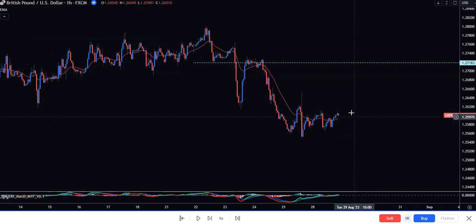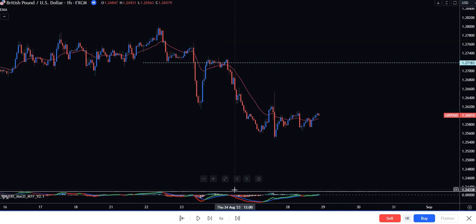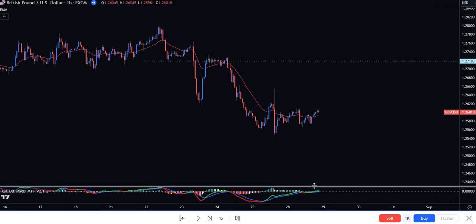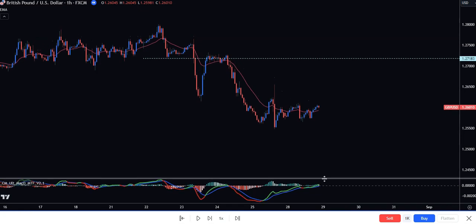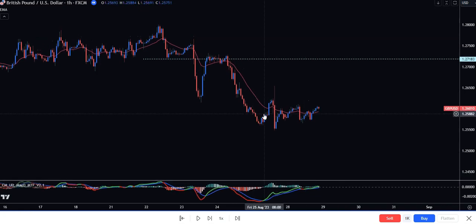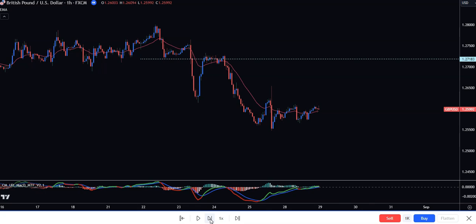So at this point I would expect a move back to the neckline because of the double top, the M pattern that we got. So we see what happens. Generally you can get a clue by the structure of what it's doing to take an entry, but I normally pay attention to the MACD and see when it gets above the green line here, and then I wait for a retrace. Sometimes you will see that this is a structure forming. Now as we proceed, for example, we could see that